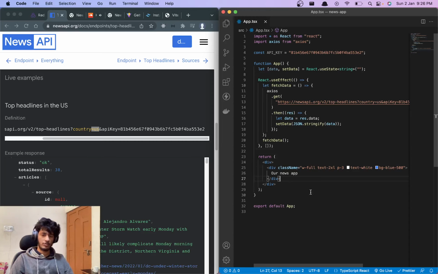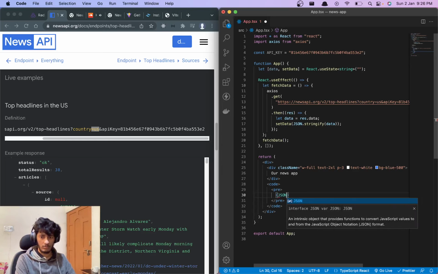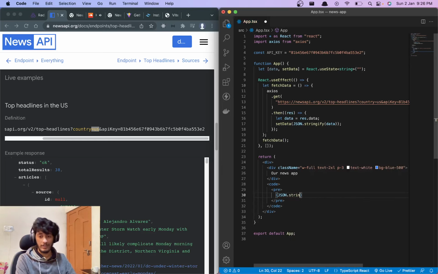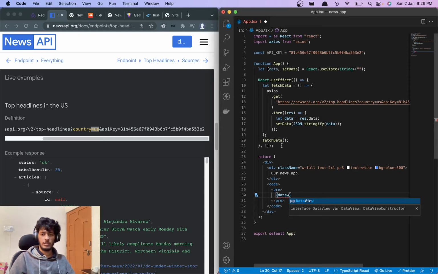And now we can definitely show it over here. We can just do JSON.stringify. Okay, we already have that as a stringified, so we do not need to do that. There's one issue: this data will be conflicting with this key.